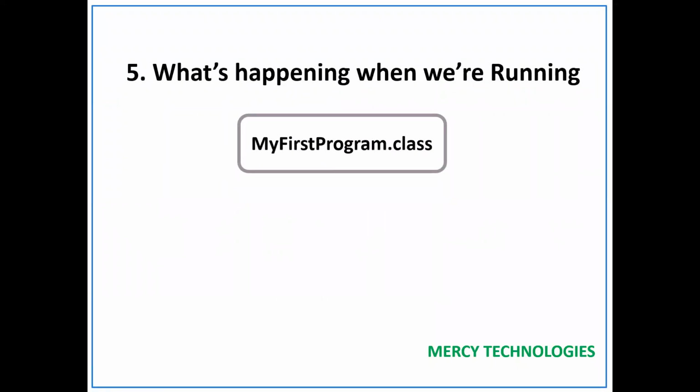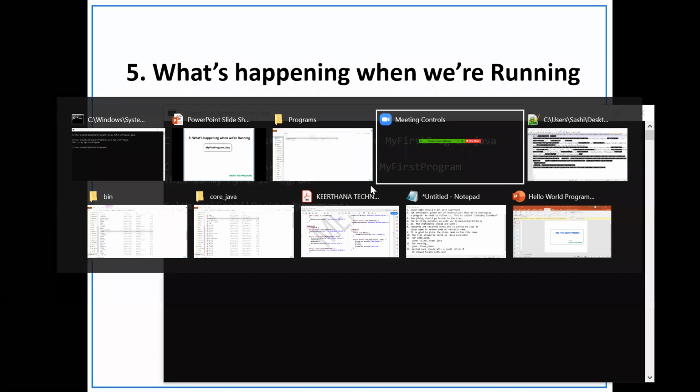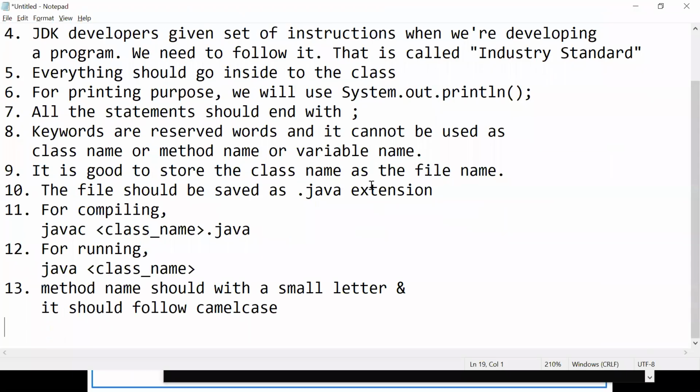When we are running, the JVM comes into the picture. What is JVM? For now, you can understand it is a Java Virtual Machine. It is an environment mainly used when the class is loading and so on. I don't want to go very deep. We will see it in our future sessions, but the JVM comes into the picture when we are running our application.